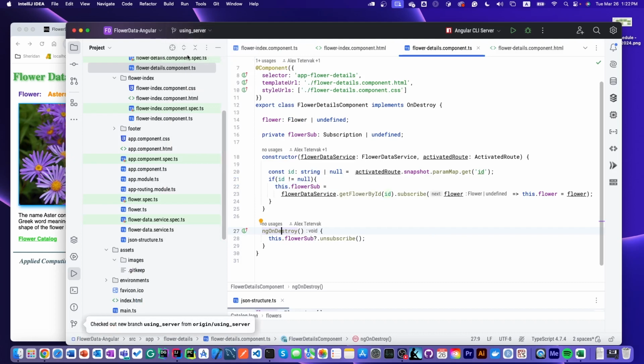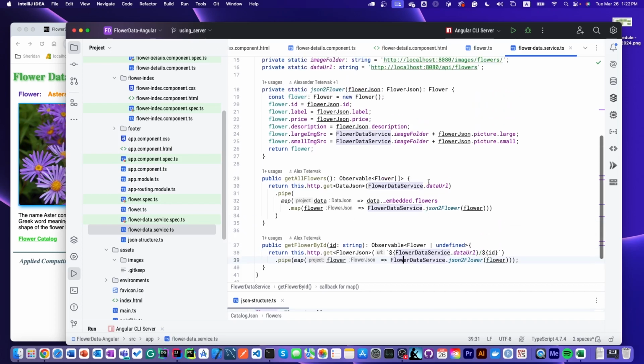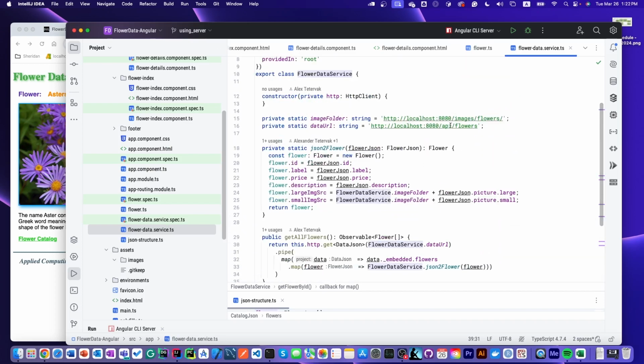Okay. This expects a server. So if we go to FlowerData service, we will see that data is coming from localhost 8080 API flowers. No longer is it a file in the assets. And the images folder is empty, nothing is there. Also, images are coming from that server. You see, localhost 8080 images flowers. Okay. So what if we run it? What happens? When we run it,